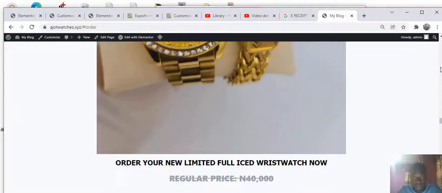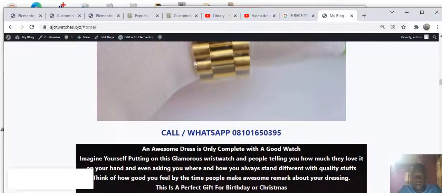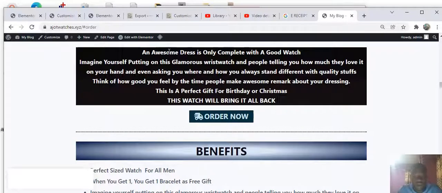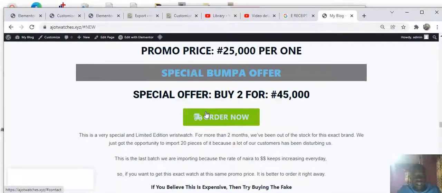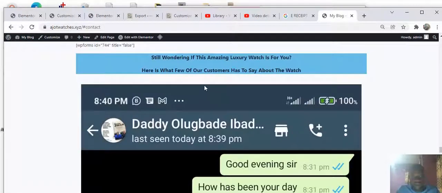So I'm saying all of this because a menu anchor is very important when you are building your sales page. It helps you to link the sides, the portions and parts of your sales page together. Now this is arch new, right? Arch new. Now when we clicked on arch new,